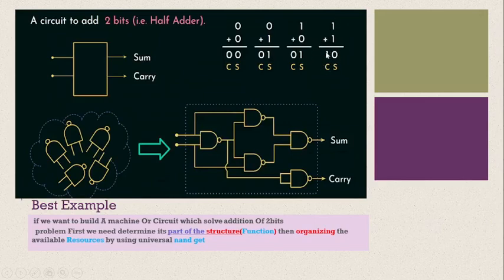So when we want to develop a circuit which solves the problem of adding 2 bits,